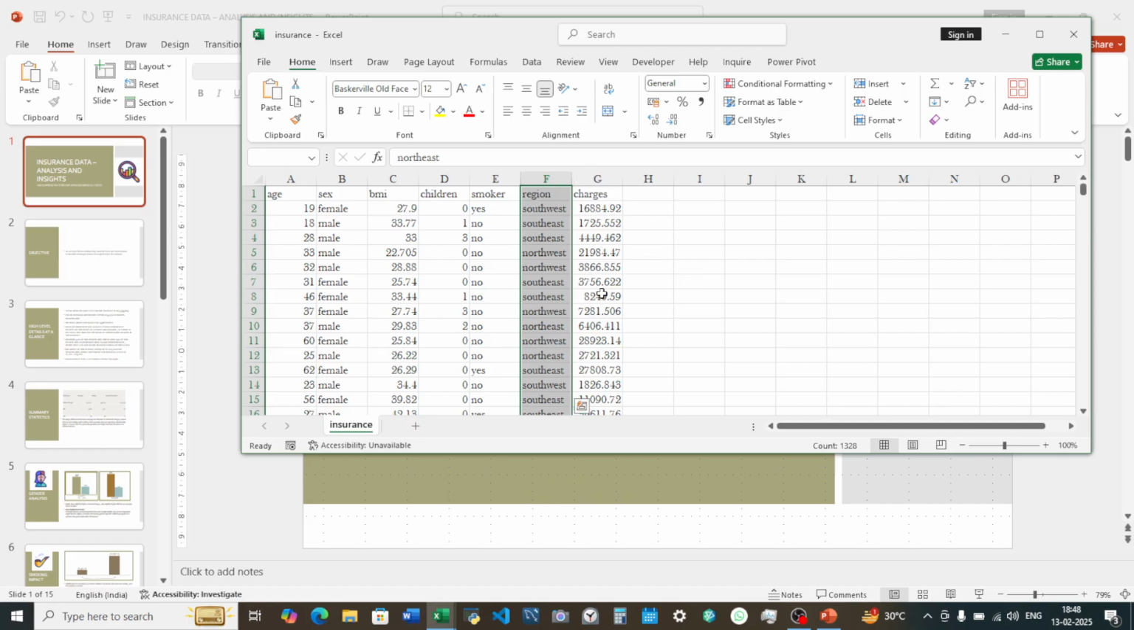It contains details of people of different regions in the US, medical insurance data like age, sex, BMI, children, smoker, region, and charges. And additionally columns